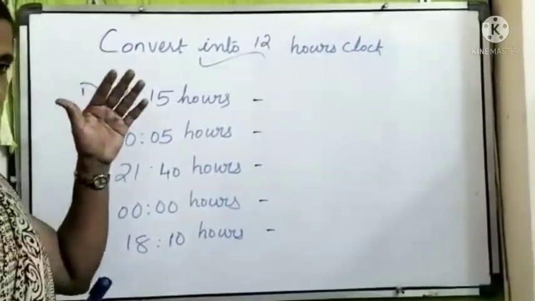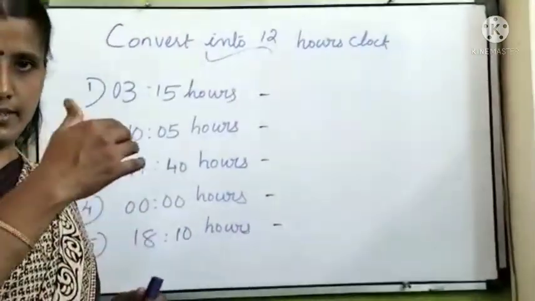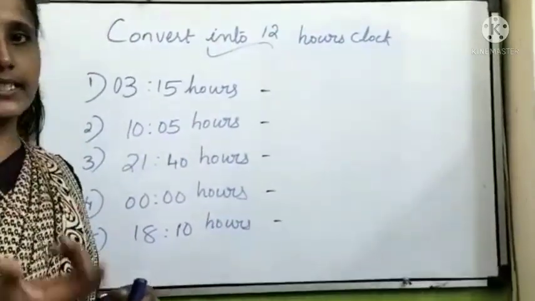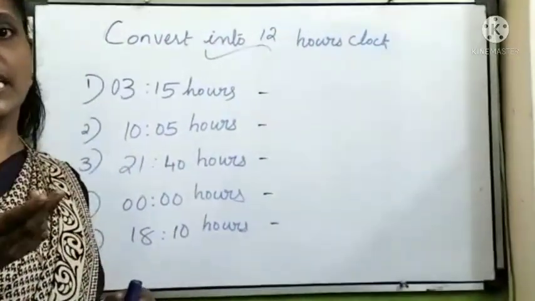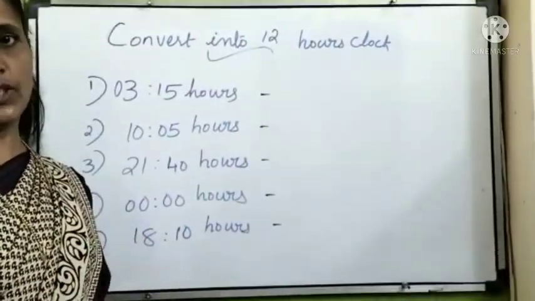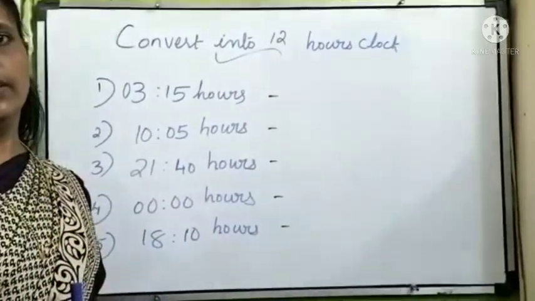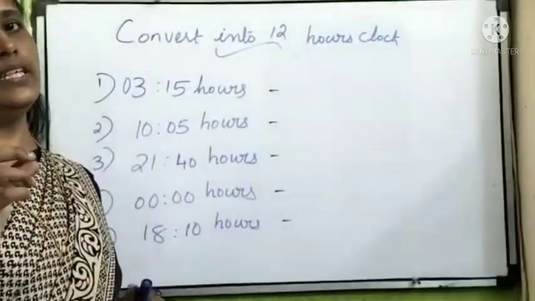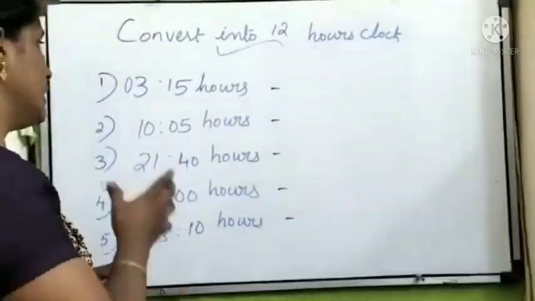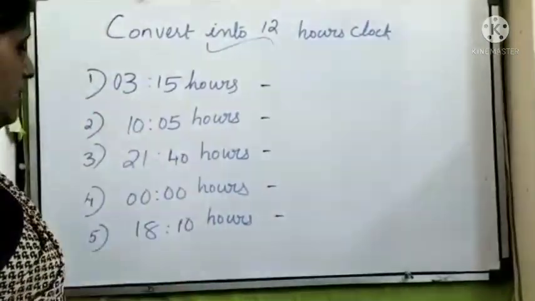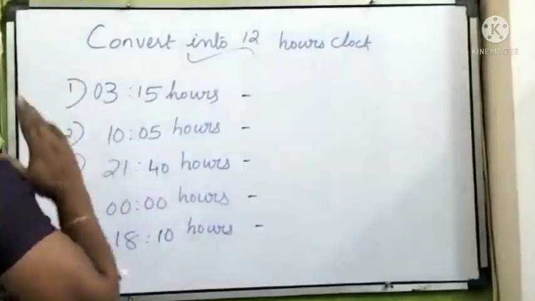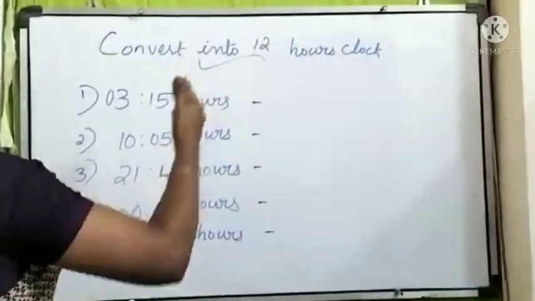And in afternoon time, that is after the 12 time, the next hour is 13 hours. That time we have to subtract 12 from the hours. So after 12 hours, what do we have to do? Yes, we subtract 12 from the hours. Here, for example, I have given some more questions. So 3:15 hours. How can we convert it into 12 hours?